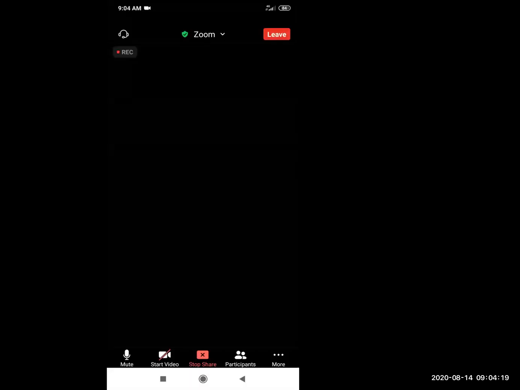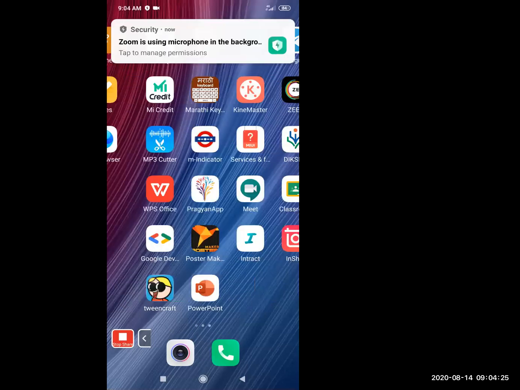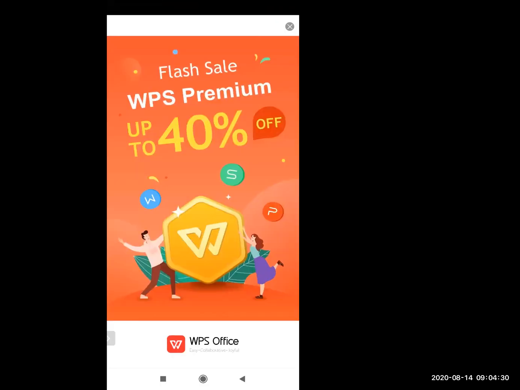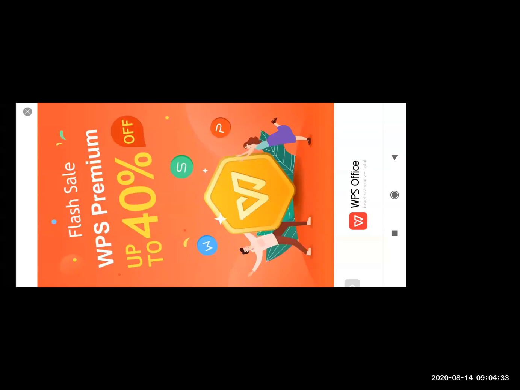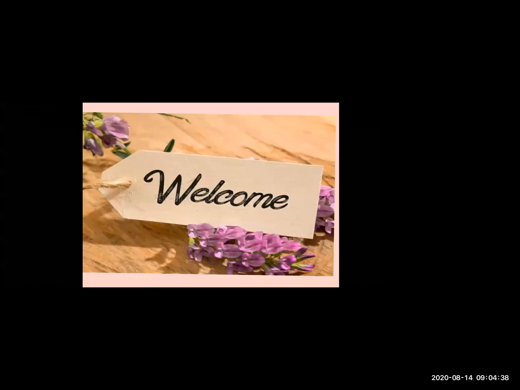May I share my screen, sir? Sure. Continue. Okay. And for 5 minutes, open your video at the beginning, and 5 minutes, open your video at the end. Okay, sir. Is it horizontal or vertical? Now it is horizontal. Correct. This is the right position of mobile. Okay, thank you, sir. May I start now, sir?